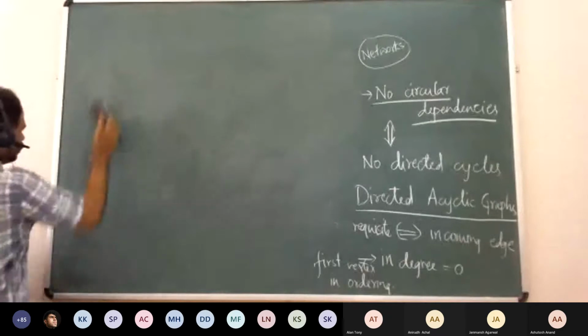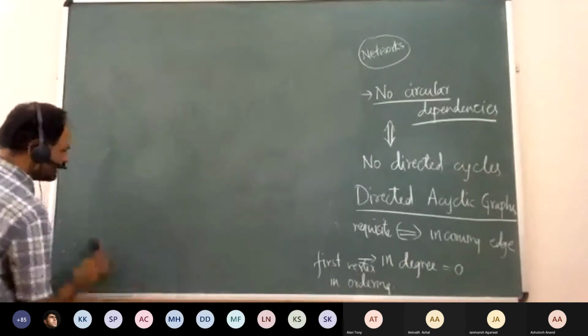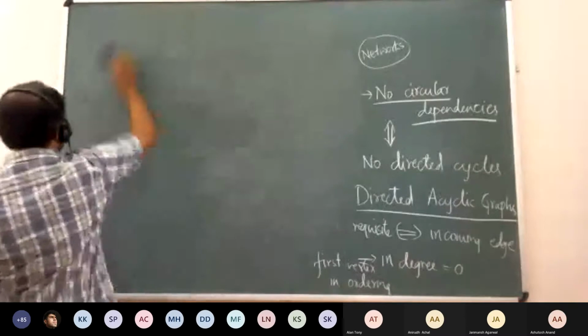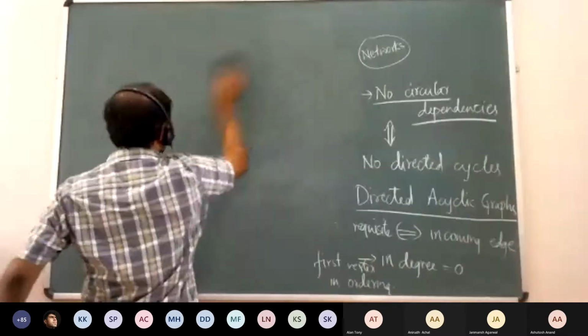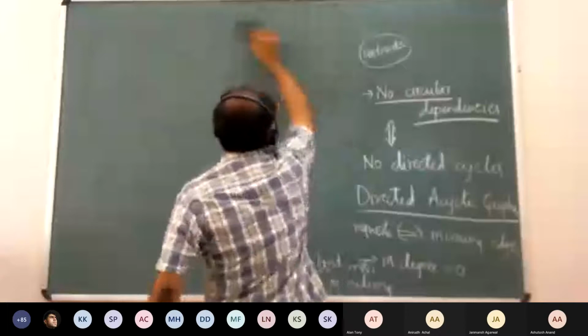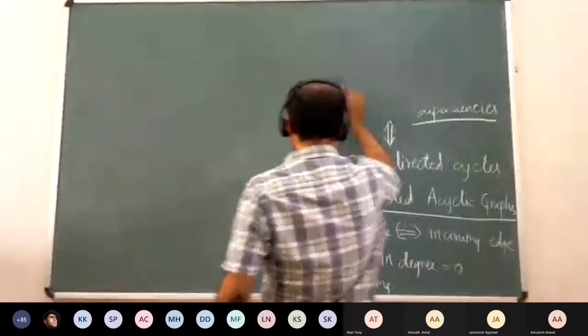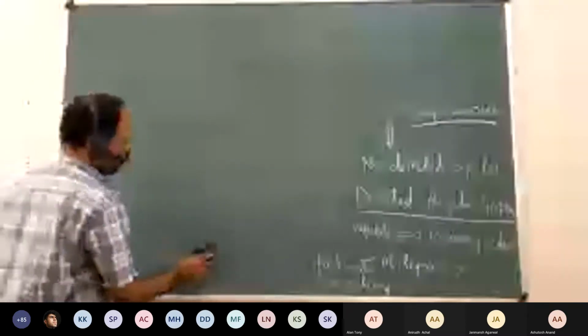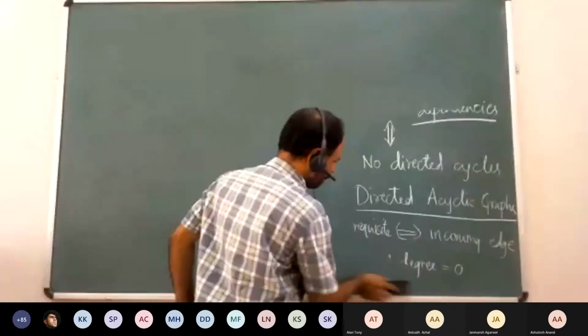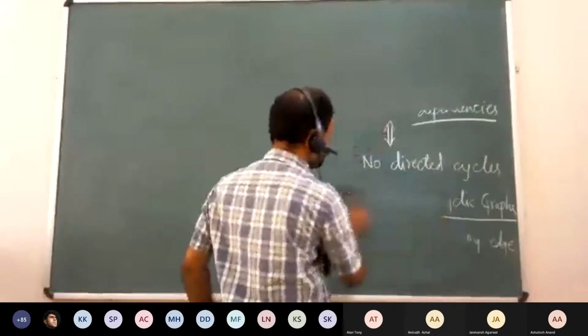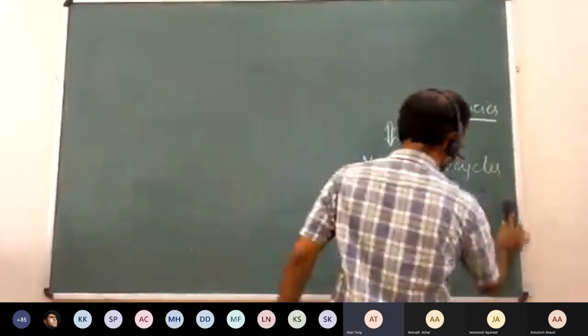Now suppose you are given a DAG. Let us try to understand what these DAGs are. Suppose you are given a directed acyclic graph. Can we say anything about the minimum number of edges in such a graph? It can be 0. There is nothing that stops the number of edges being 0. Good. Is there some bound on the maximum number of edges in such a graph?